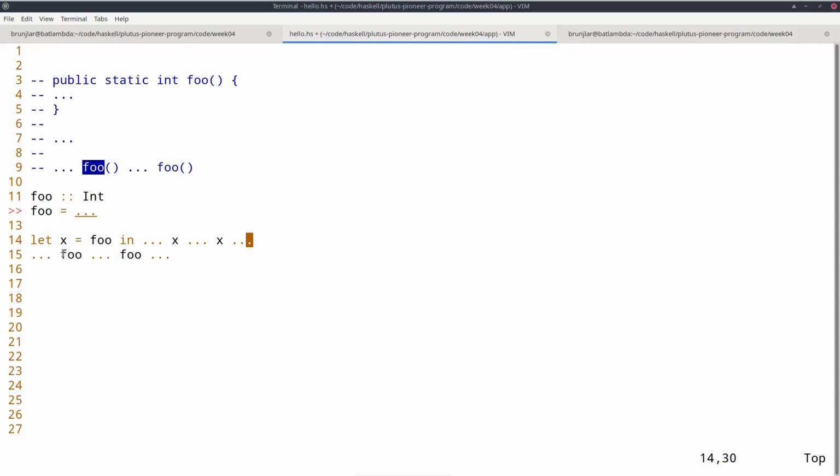Also, for example, testing, because it means if I have something like that, in order to test it, I must just check that it has the right value. This value can't change. So if I had an argument, then I know that if I call foo with the same argument, I will always get the same result, which is not true in a Java function because side effects can happen.